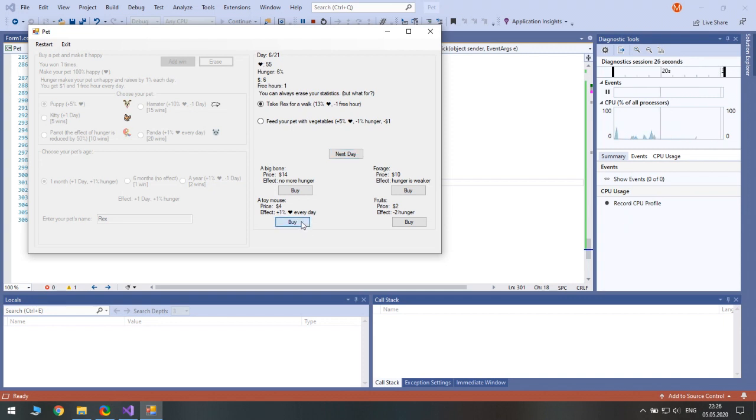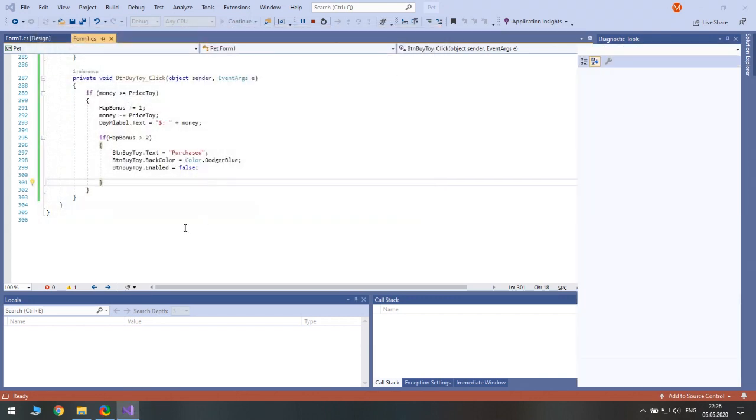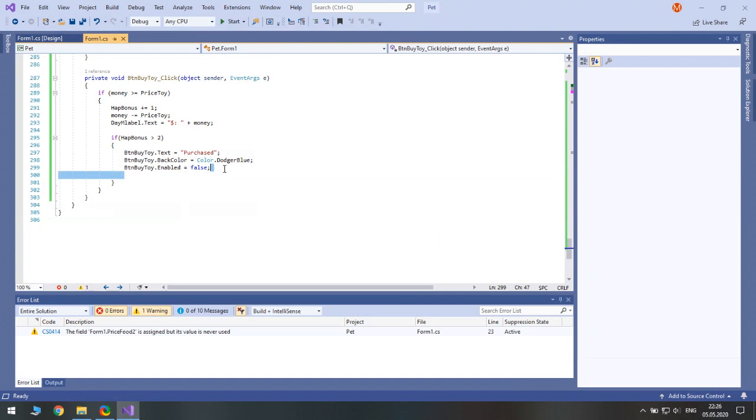So buy one, oh, and it's purchased. Good. And yeah, I did not consider the effect of hunger. Alright, well, we know that the button works. Next,